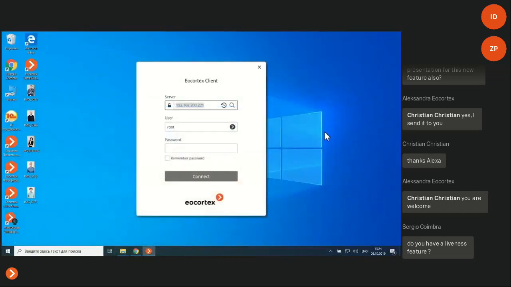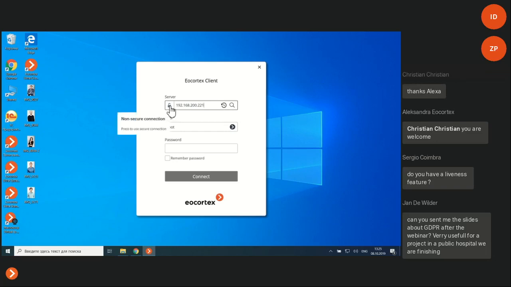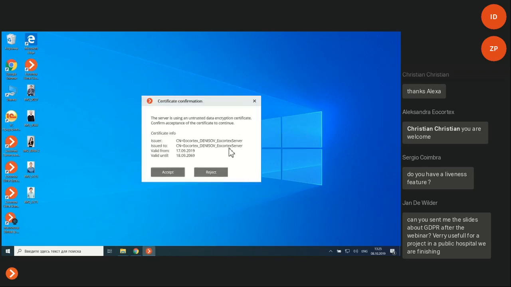Previously we had already implemented the encryption between the server and the client, but it wasn't very user-friendly because you couldn't see if your connection is encrypted before you put the specific port for the HTTPS. So previously you needed to put the specific port right here, and only in this case you'll be able to use the encrypt connection. Now it's much easier, so you just click this secured connection, connect, and then during the